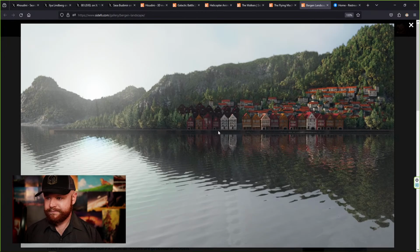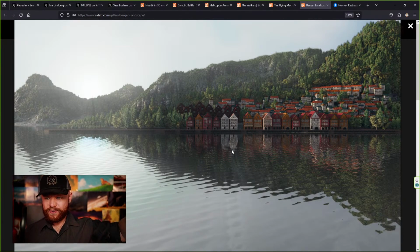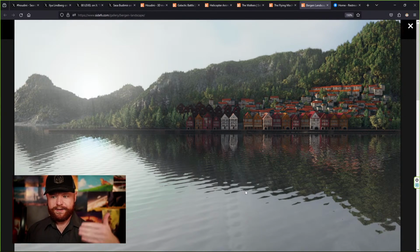Now let's zoom in. Go in a little bit here, and we'll talk about the water. I think the water right now feels repetitive and not in a good way. Like this feels like a very CGI repetitive kind of thing. The shapes are pretty identical, and I understand that water does do that. But what would take this up a notch is if you just had little patches that break up these repetitive patterns. You can have two versions of the water here, and all you would need to do with the displacement,